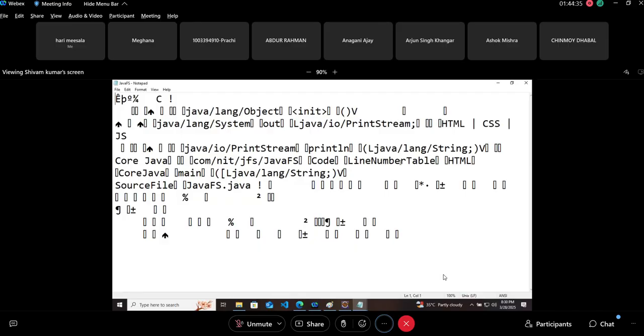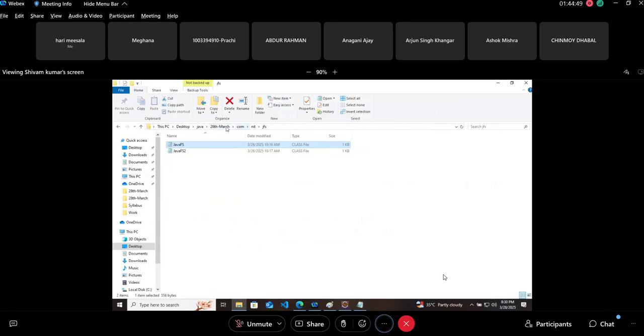Let me sort it out for you. Is Java a platform independent language or a dependent language? Platform independent, which simply means we can run Java code on any machine. Now, can I run this code, a uifs.java file, on any machine? No. When we say Java is platform independent, we are talking about the class file, the dot class file. The dot java file is not platform independent, it is platform dependent. The dot class file, which you call bytecode, is platform independent.